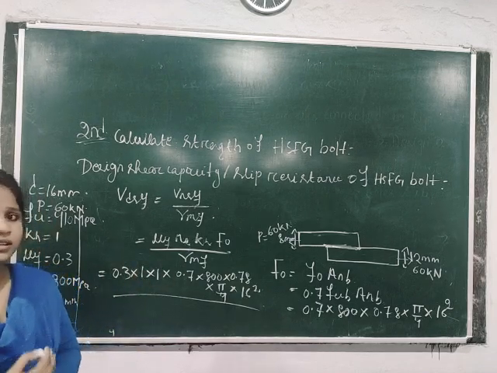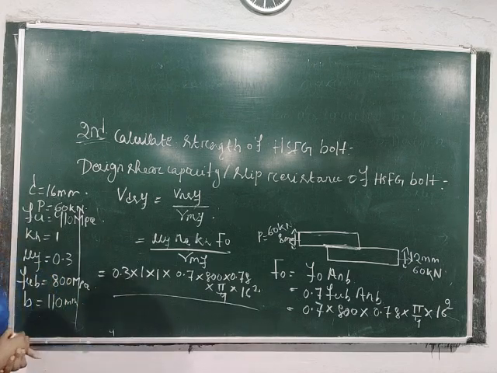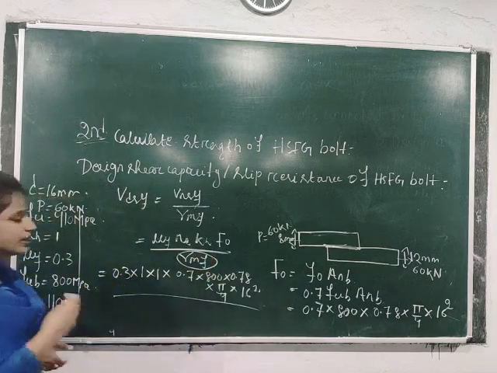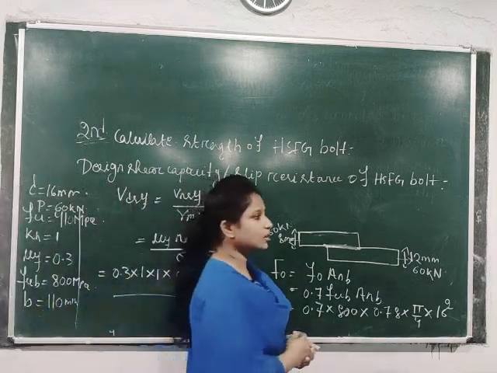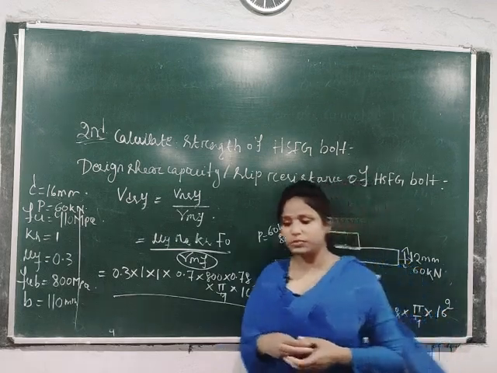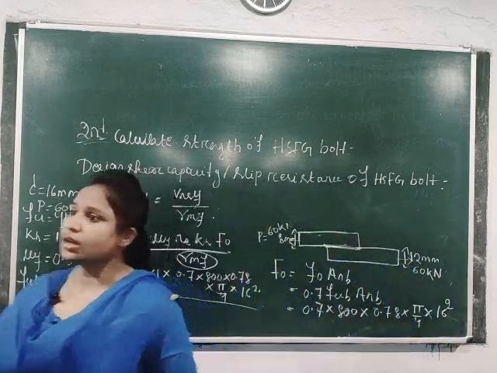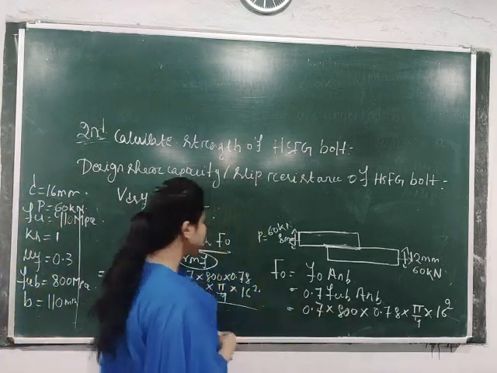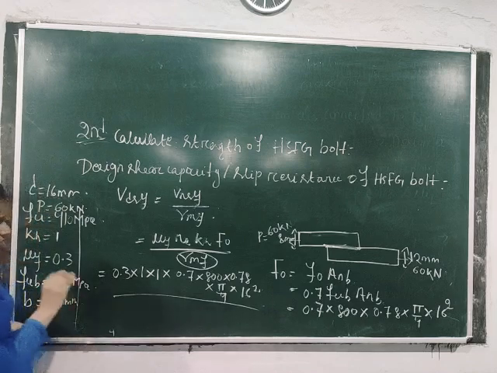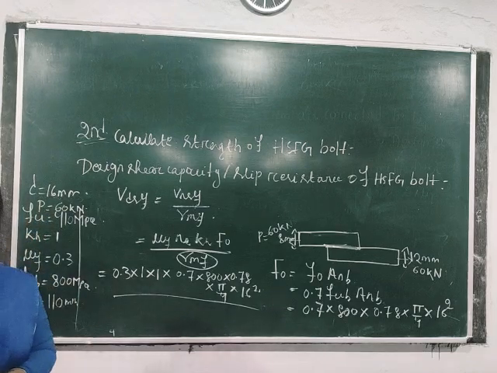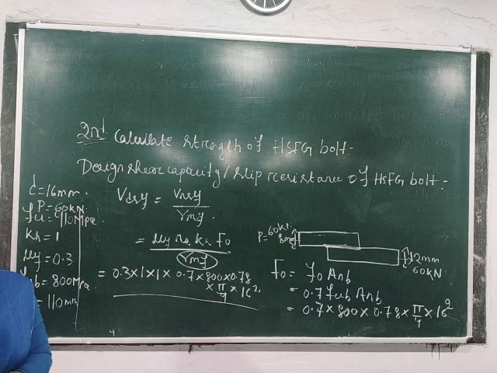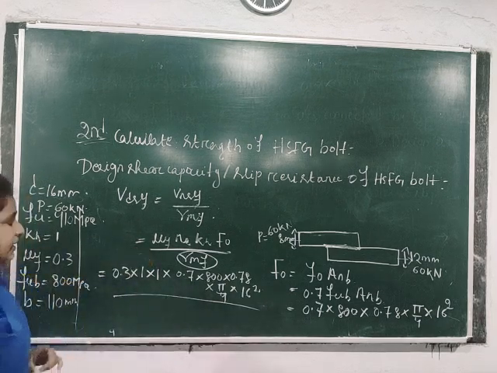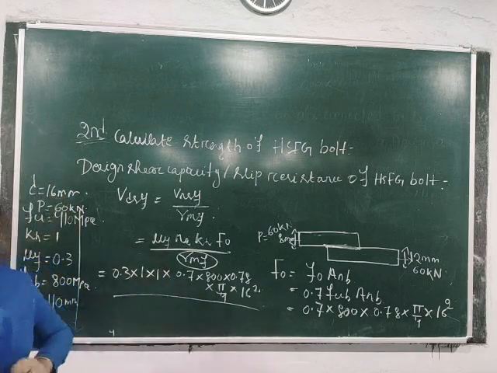Okay, this thing is not mentioned in the question. So if it is not clear from the question whether the no slip condition is designed at the service load or ultimate load, then just assume that here the no slip condition is designed for the ultimate load. That means if nothing is mentioned in the question clearly, then just take the gamma mf value as 1.25.